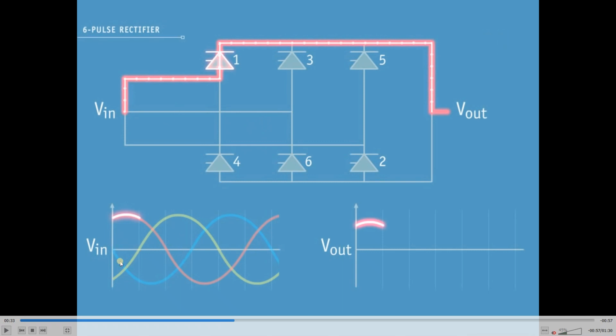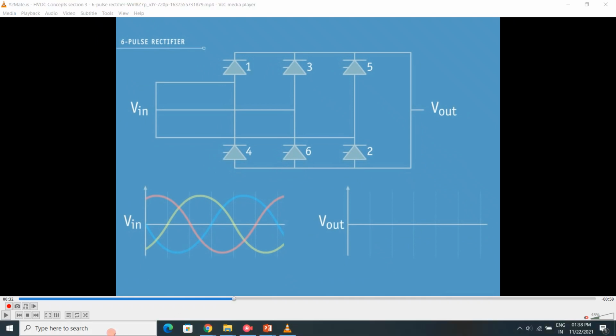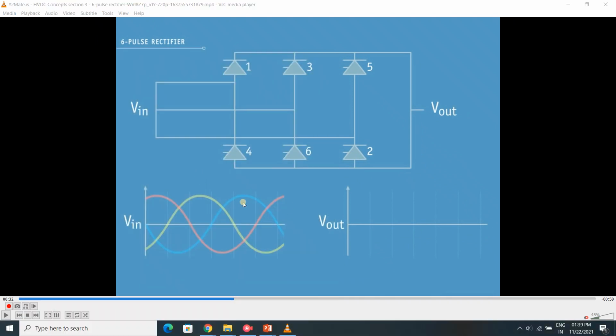Now, pulse means, if you consider the red line, first of all, I should go back. You can see the red line or red phase. It starts from here and ends over here. So this is one complete cycle. If you see the blue one, this is one complete cycle, and the yellow one, this is one complete cycle. I cannot highlight over here. For that I need this way. Wait, no problem.